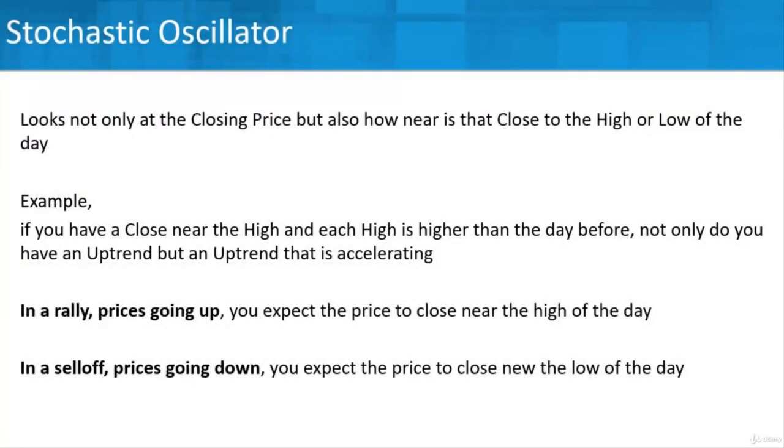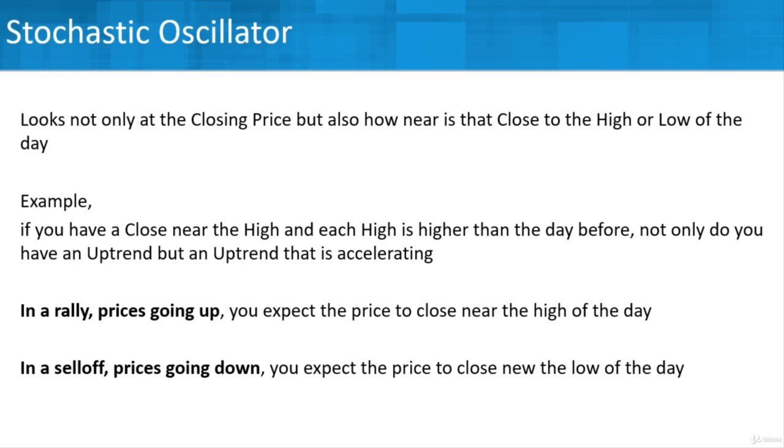So what it does is it looks not only at the closing price, but also how near that close is to the high or low of the day. You saw on some of our other types of momentum indicators, we're really looking at closing prices in a look-back period, whether that's a certain day or an average. This is going to get a little bit more mathematical and also look at how it reflects both the high and the low of the day as opposed to just the close. So for example, if the closing price is near the high, and each high is higher than the day before,